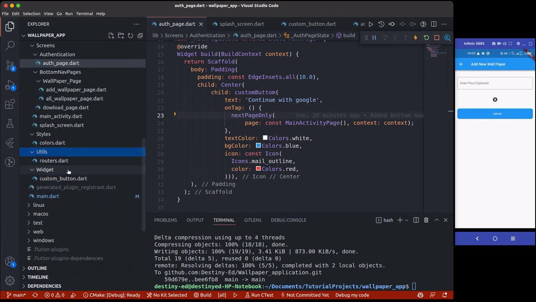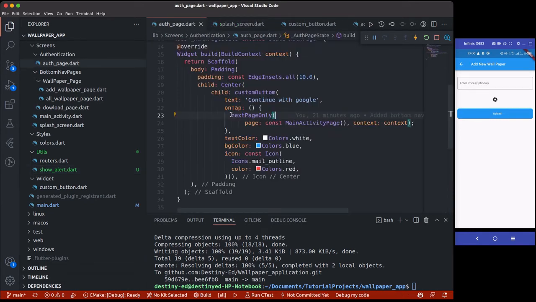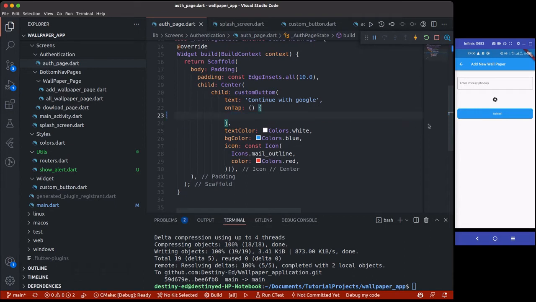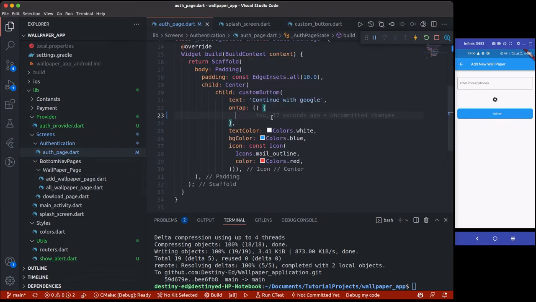You can change this to whichever you want, maybe a custom snack bar that will show a message. It takes a context and also a string of message. So I'm going to close this, and right here, instead of doing what I did here, I'm going to remove it. Very simple, I'm just going to call the authentication provider class, which is this. If we go here now, you can see we have authentication provider dot sign in with Google that we handle. Where is that page? Okay, the auth page. I'm going to go over here now and create